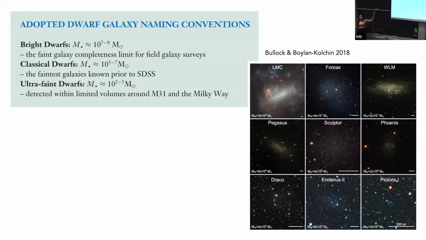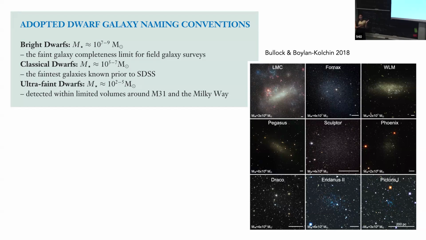Has these kind of galaxies, as we can see here on the upper left corner of the figure. And then classical dwarfs go all the way down to a stellar mass of 10 to the 5. And then the ultra-faint dwarfs, which really only entered our life in the last maybe 20 years, when they were detected in the halo of the Milky Way, go all the way to 100 solar masses.